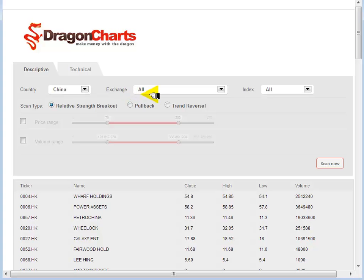We select China, and then we can do Hong Kong or Shanghai, Shenzhen. Let's do Hong Kong, and then we can select the index we want to use or no index. Relative strength breakout that you see right here. This type of breakout is a breakout above consolidation, a base of consolidation,